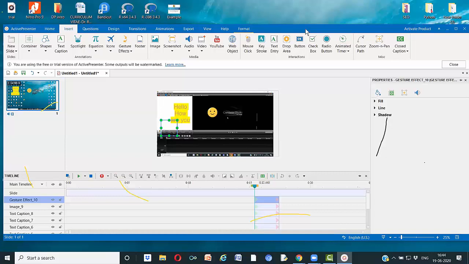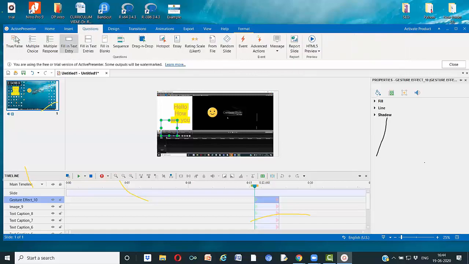Because yesterday itself I found this, I don't know much about this particular software, but I am eager to explore. You see here, I can have questions also. I can put true or false questions, and multiple choice questions. Of course, when I produce in MP4 format, obviously I cannot type anything.